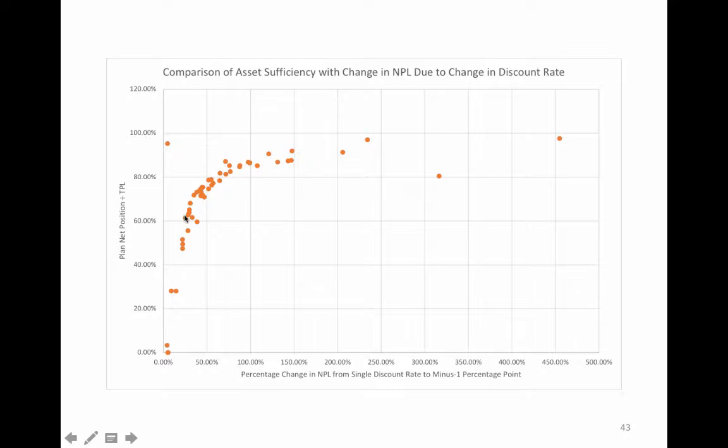So when you start to get close to 80% and higher and 90%, the percentage change in the net pension liability starts to skyrocket. Up to this point, it's still less than 50%. When you get up here, it gets up to this 100% change, so a doubling, 150% change, so it increased 2.5 times. That's an astounding trend, and so I think it probably means that we would have been better off requiring a disclosure